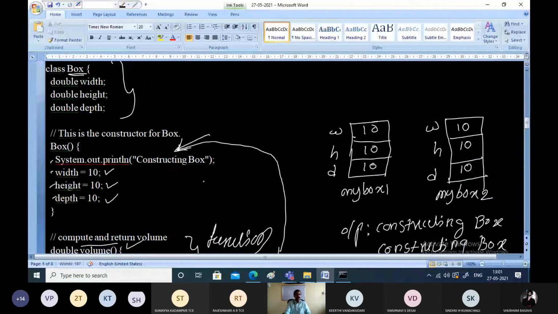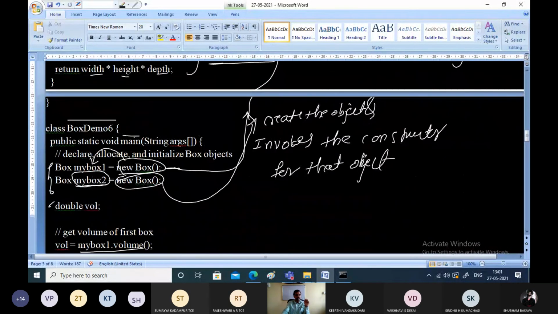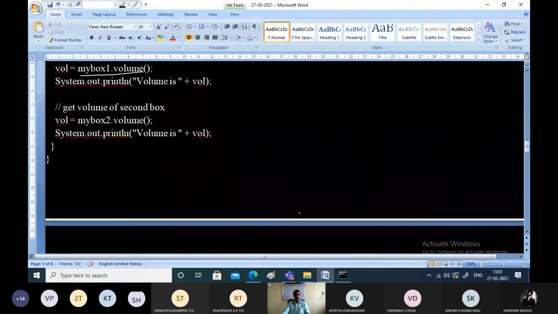Right, this is our source program. Later we'll get a concept of why the name of the bytecode must be the same, or why the name of the class must be the same as that of the source file name which contains the main function. We'll study the reason for that. How many classes are there in this source file? Box is one class. What is another class in our entire source file? Another class is box demo 6. So two classes are there.